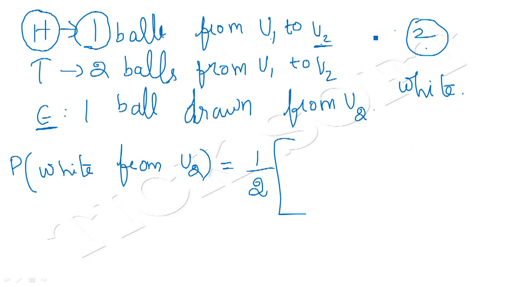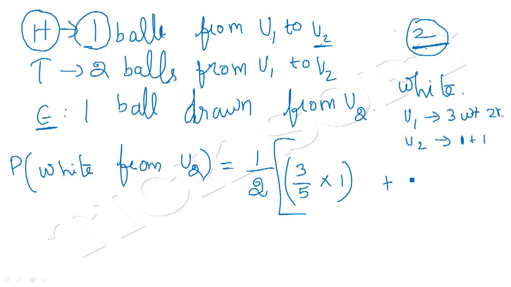In U1 we have 3 white and 2 red. And in U2 we have 1 ball, and if we put 1 more ball then we will have 1 plus 1, 2 balls. So this 1 by 2 into 3 by 5 into 1 plus 2 by 5 into 1 by 2 will be the probability in the case of